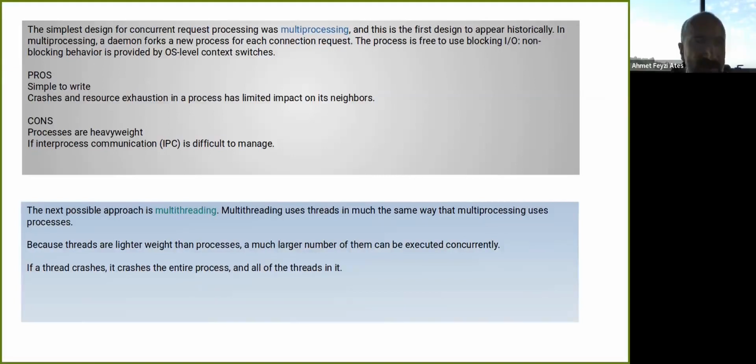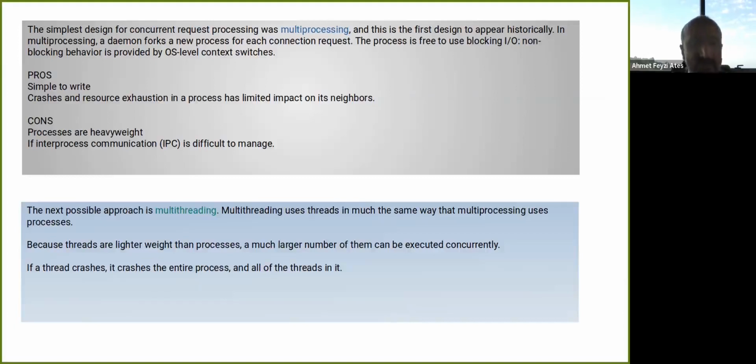Just fork another process. And also when your process crashes or experiences some resource exhaustion, there is no impact on neighbor processes. But what are the cons? Processes are heavyweight structures for CPU and memory footprint. And also, if you need inter-process communication, it is very difficult to implement.